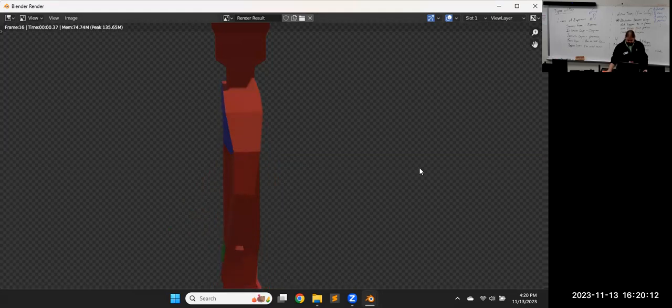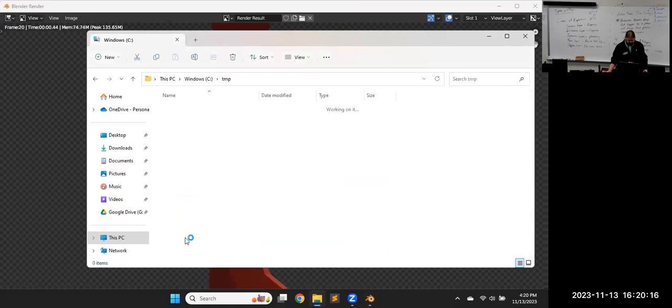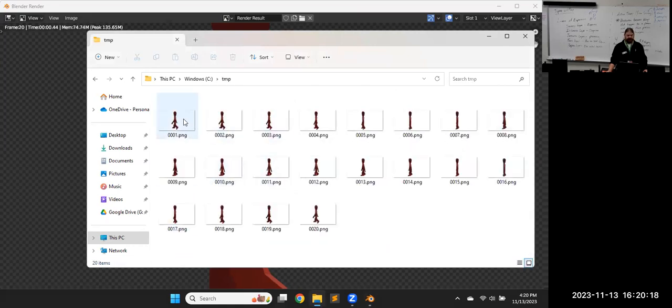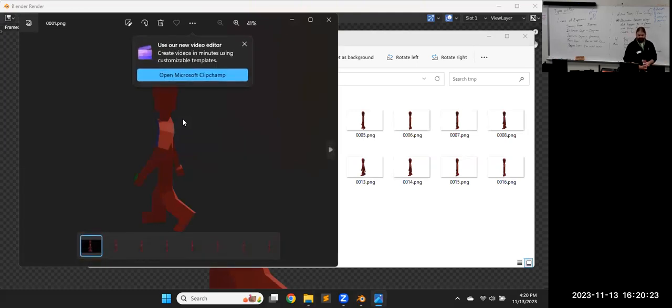Maybe it's not. Where's my tempo? Oh yeah, it's not zoomed in. That's just a preview of it. So there's all the images for a 2D animation. So maybe we can use that